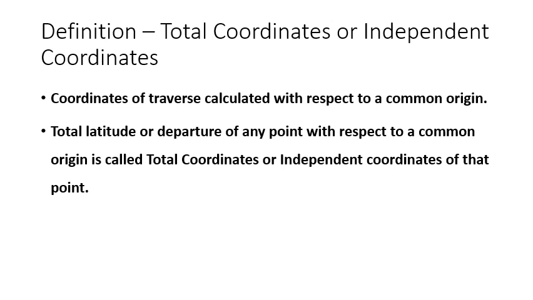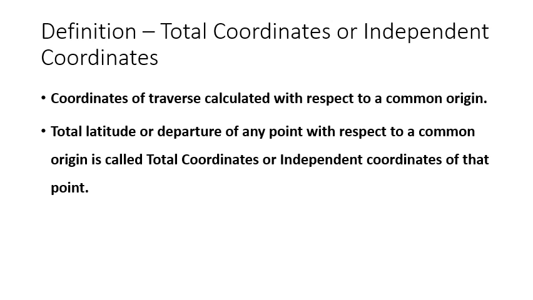Okay. Now we move on to the next coordinate system, which is called total coordinates or independent coordinate system. So let's move to the previous example of various districts in Kerala state. We positioned Malappuram with respect to Thrissur. We positioned Thrissur with respect to Ernakulam, like that. But instead, if you want to have a total coordinate from a common origin, maybe Trivandrum is taken as the origin for the Kerala state.